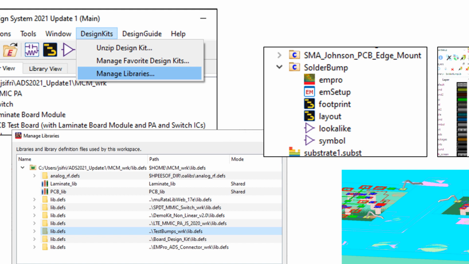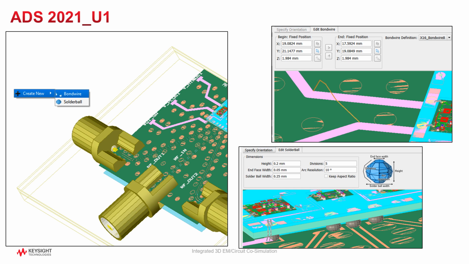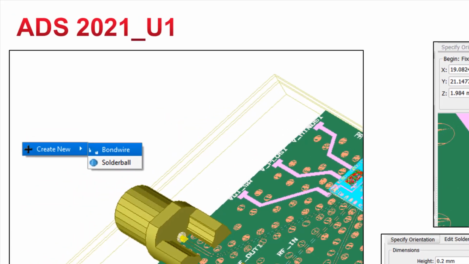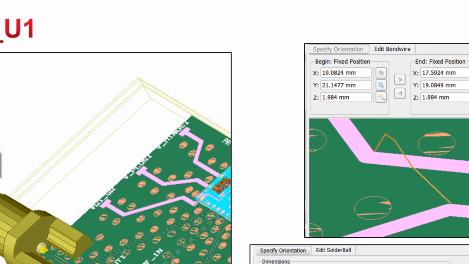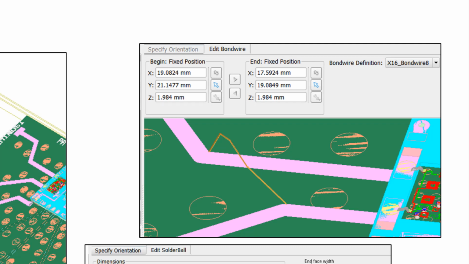But now in ADS 2021 Update 1, you can also do this directly from the RF Pro page. See, in RF Pro, just right-click the mouse and a new menu pops up that says Create New Bond Wire or Create New Solder Bump. For bond wire, you just click at the begin and end position to display a wire bond. Here you can see I just clicked between the pink interconnect lines and created this bond wire, just for illustration.